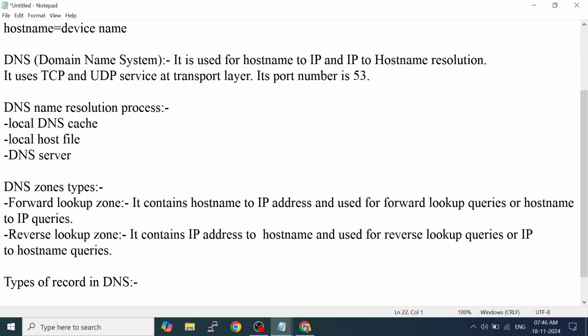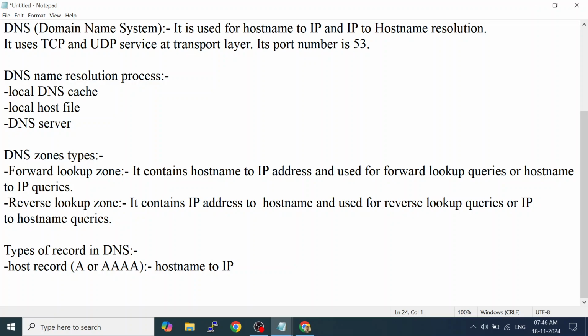What are the types of record we have in DNS? First one is called host record, and it is referred with A or 4 times A. Host name to IP address, that is called host record, and it is referred with single A and 4 times A. When it is hostname to IP version 4, it is referred with single A, and when it is hostname to IP version 6, then it will be referred with 4 times A. Is it clear?